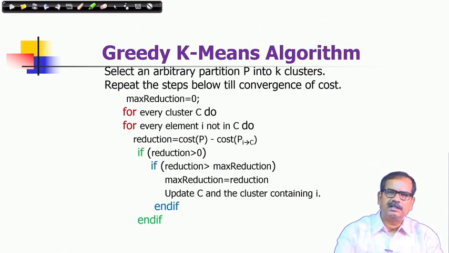So, which means at every iteration we are considering for all elements what is the reduction of cost, and choose that transfer which is the maximum, and at that iteration only that transfer is used, and go on doing this. So, it is a very slow process. It is not as fast as Lloyd's algorithm, but its convergence is better, which means, as I mentioned, that the K-means algorithm may get stuck at local minima. Similarly, this algorithm also is not guaranteed to get a global minima, but it should get a better local minima by this process.